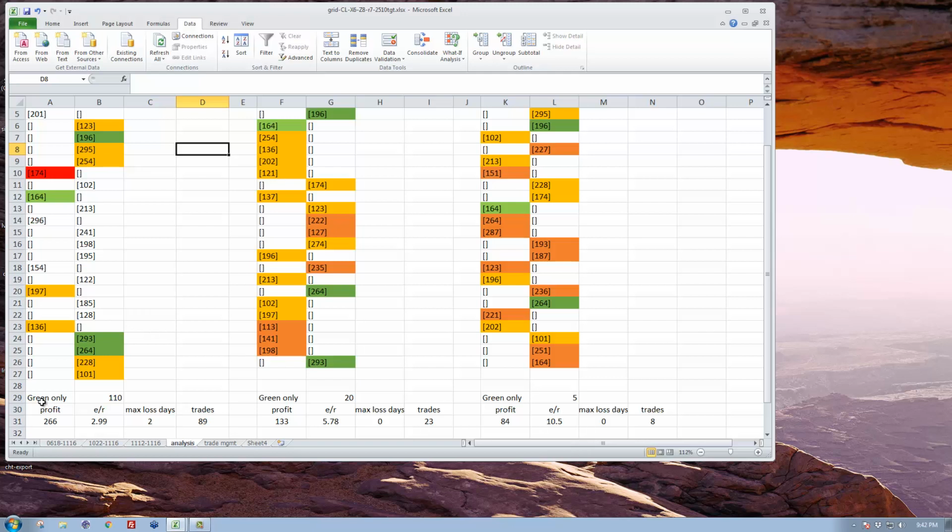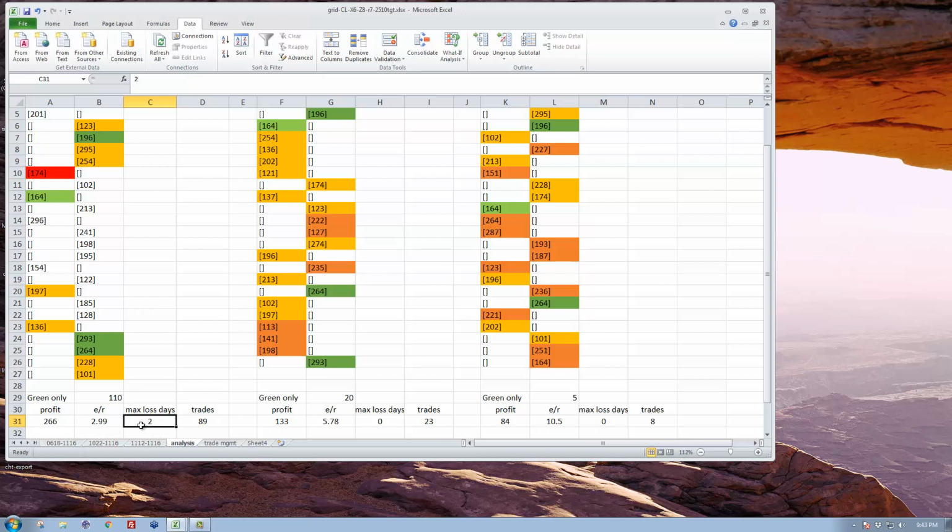For the 110-day group, the profit's 266, so multiply by 10 for the dollar figure. This is oil on 89 trades, so an ER that's just under 3, and out of those 110 days, using that code set, so basically 4 codes, you took a max loss